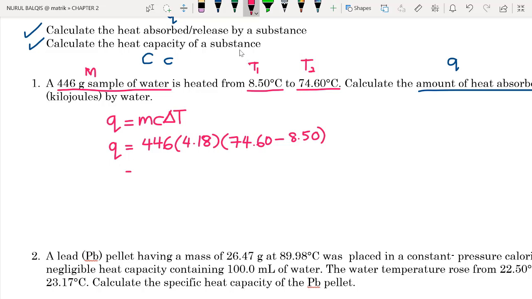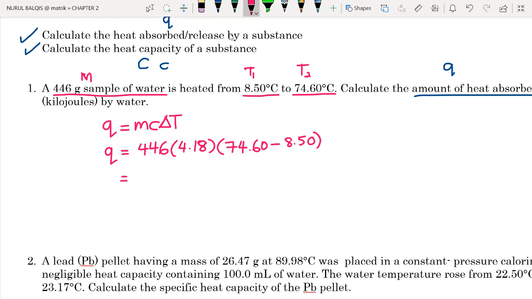Then our final answer would be 12328 joule. But since the question already asks you to give it in kilojoules, then we need to change it to